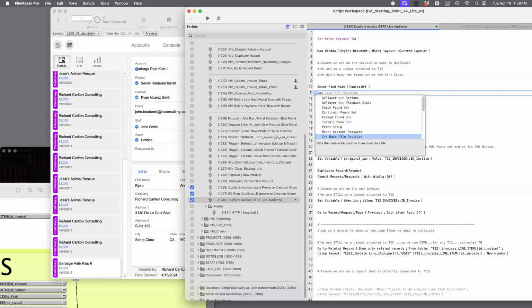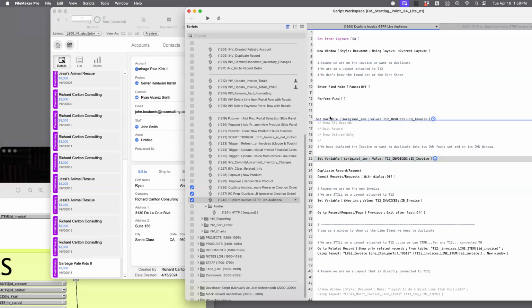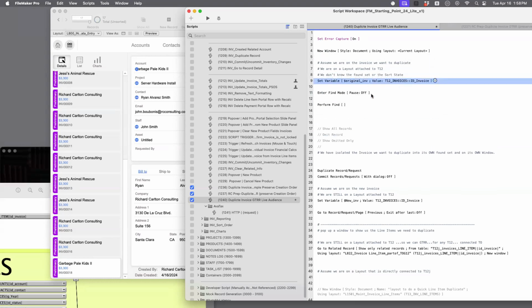You'd have to have a field in there, right? So like a set variable for the record ID, I guess. Let's capture the ID of the invoice. Then we could say set field. Yeah. So Ed just whooped out a